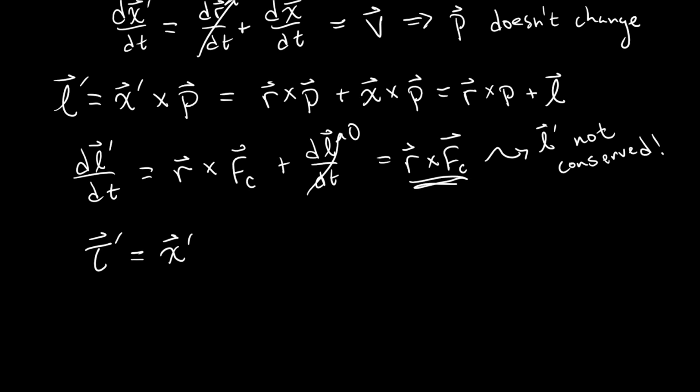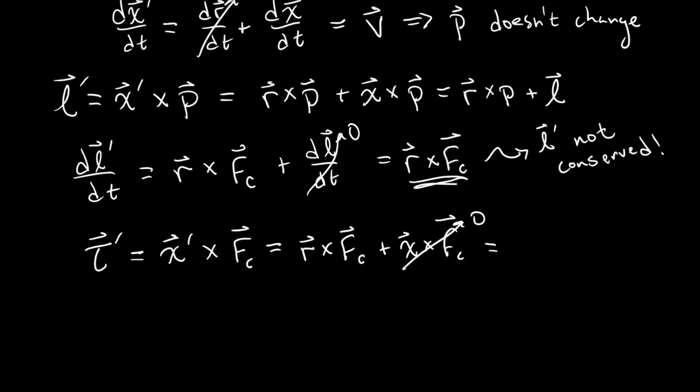Well, again, this is just x prime cross Fc, which is equal to r cross Fc plus x cross Fc. We know that this is 0 because the torques vanished in our old coordinate system. And this is equal to exactly dL/dt, as it should be. So what we've done is we've shifted our origin,